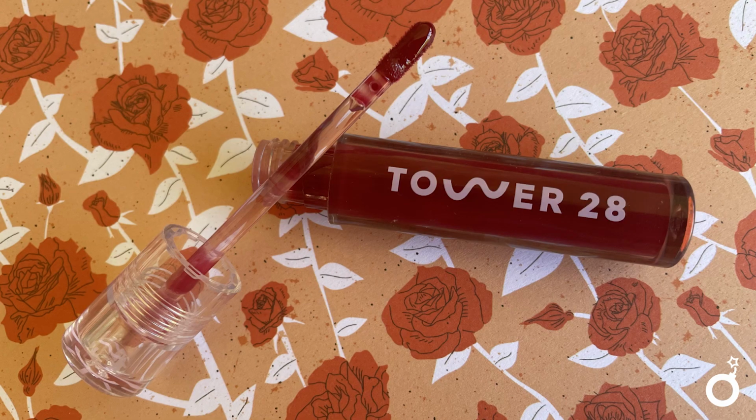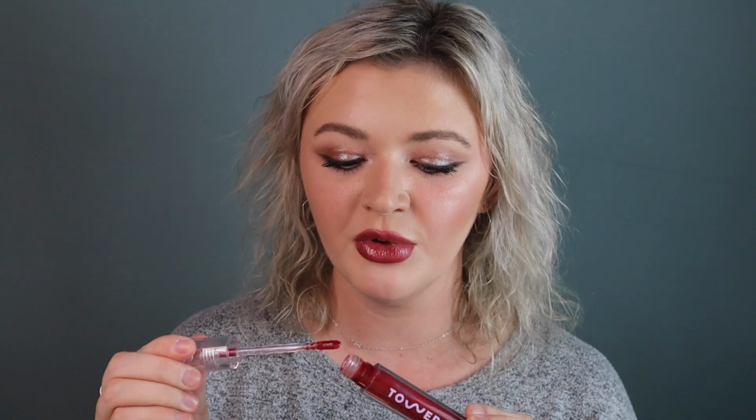I'm a lipstick hoarder, but I'm gonna try to narrow down my list to just a few that I think would be awesome picks for spring and summer. First is the Tower 28 glosses. If you haven't already tried these, then you need to. They are an affordable price. They have so much pigment to them. They are completely